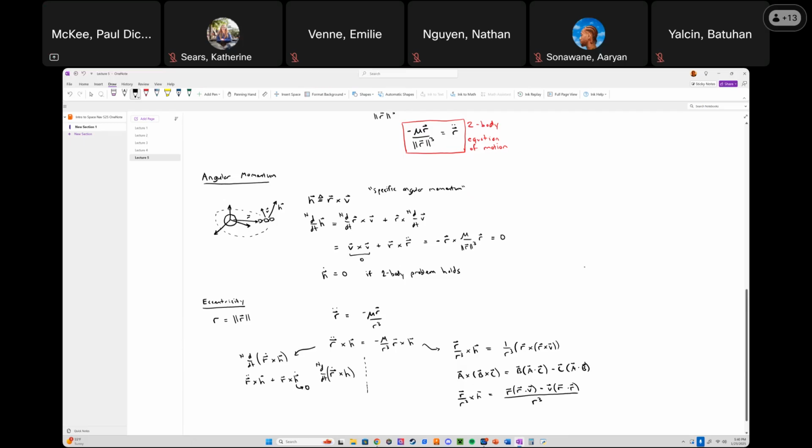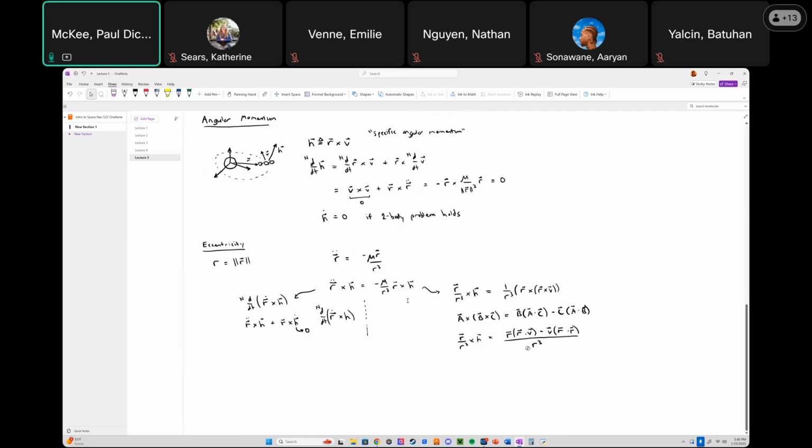B and then B crossed R. Okay, yep. So after some simplification, there we go, we're going to reintroduce mu. So remember there's a negative sign over here. We're going to say, okay, negative mu r over r cubed crossed with h, so this is the left-hand side again, is equal to